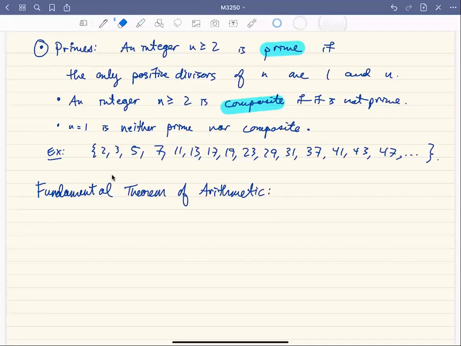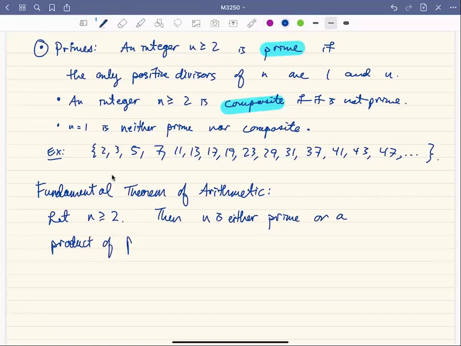So this says let n be greater than or equal to 2, then n is either a prime or a product of primes in a unique way. When I say in a unique way, what I mean is that